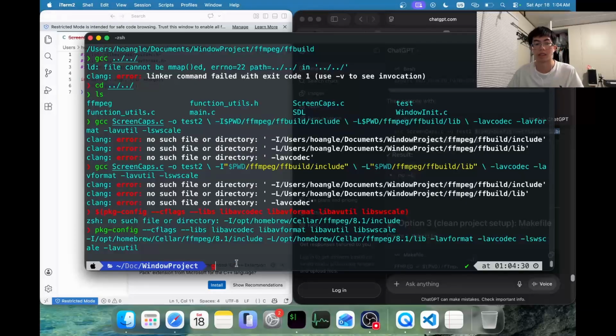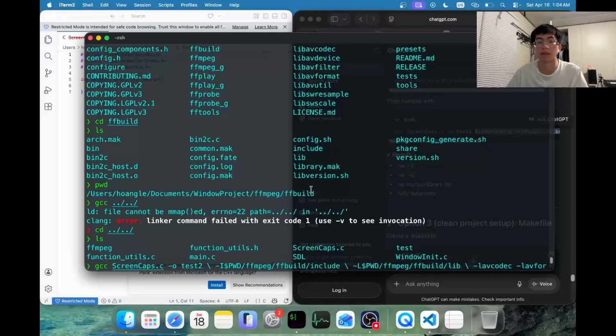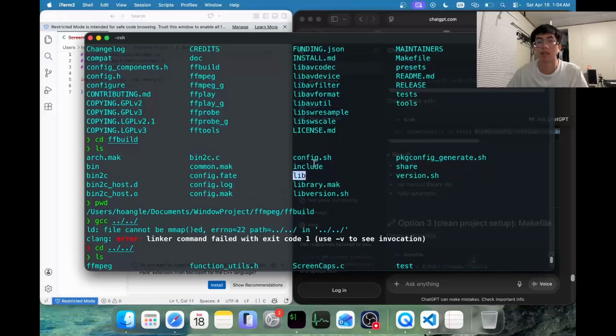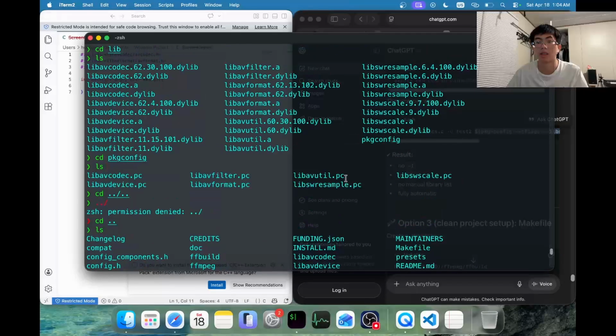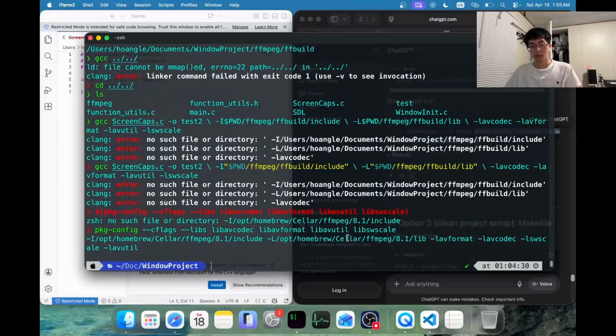I can use pkg-config because I only have it inside our lib. Yeah, inside our lib. It's here. It should be here. Yeah, we go to lib and it's somewhere around here. So gcc stringcap.o test2, then pkg-config --cflags